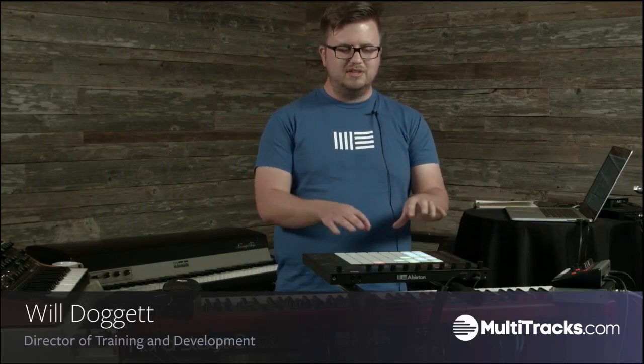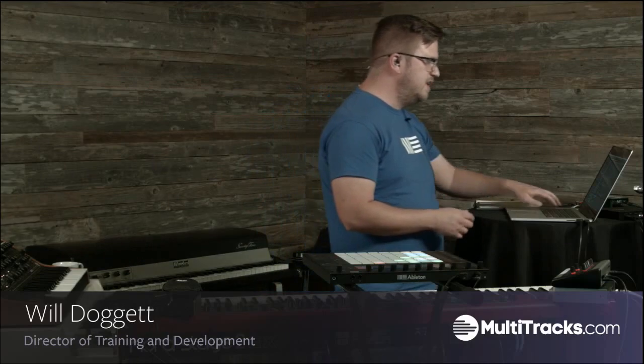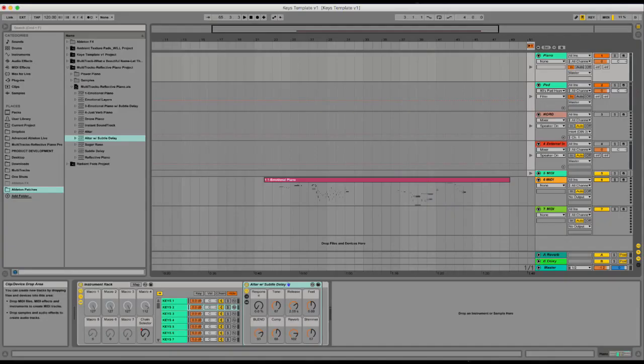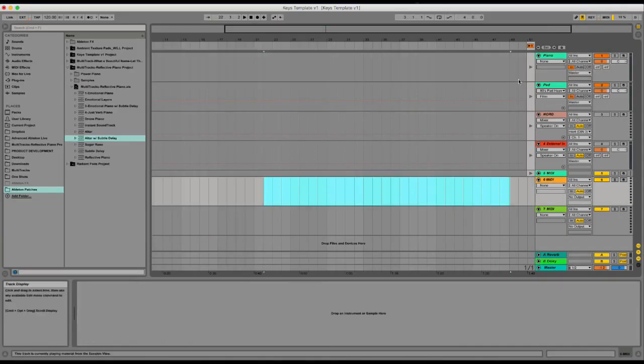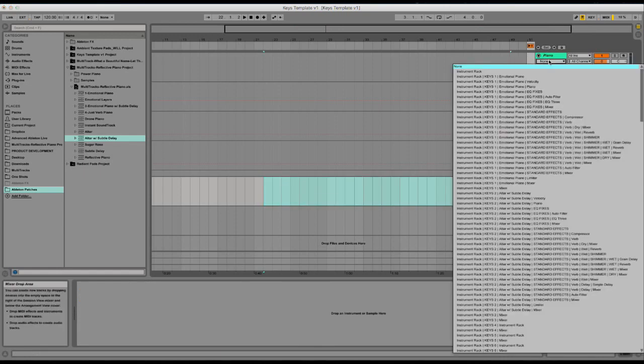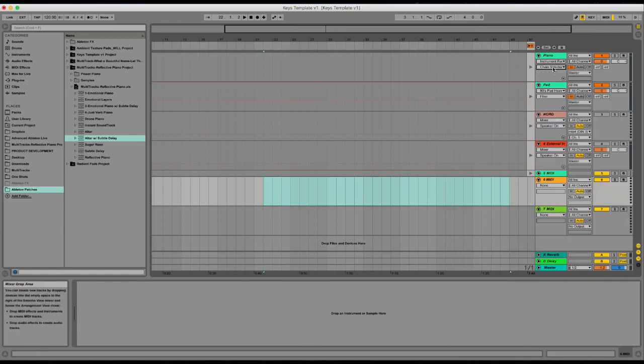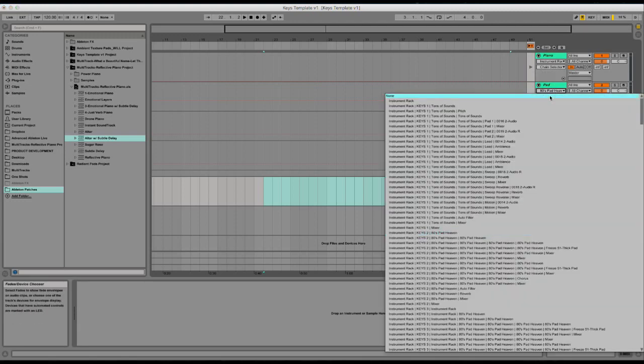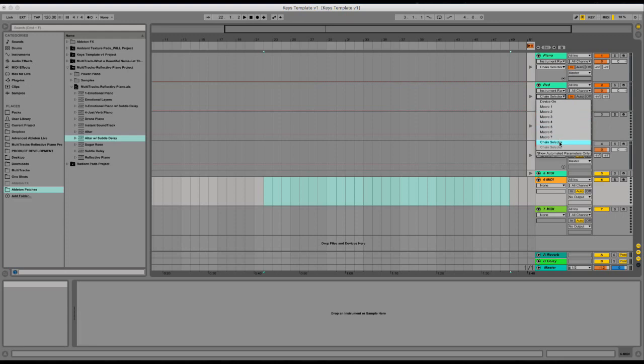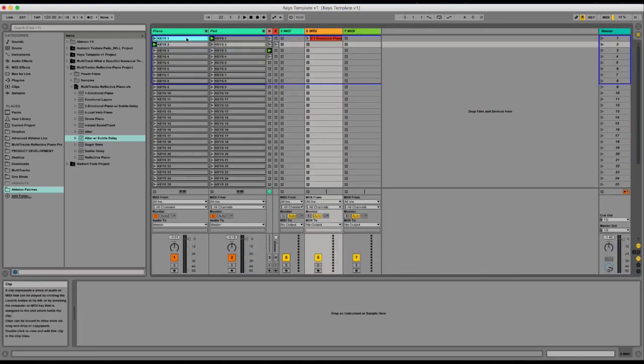But if you like to run tracks in arrangement view, or if you're trying to run tracks on one machine and you're using arrangement view, what if we could, instead of having to go in and manually choose our sounds, pre-program our sounds to change at a specific time? So what's cool, I can use this same keys template and go over here into arrangement view, go to piano and do the same automation that I was doing over to the right here, using the chain selector. So I can select the chain selector, go to instrument rack, chain selector,